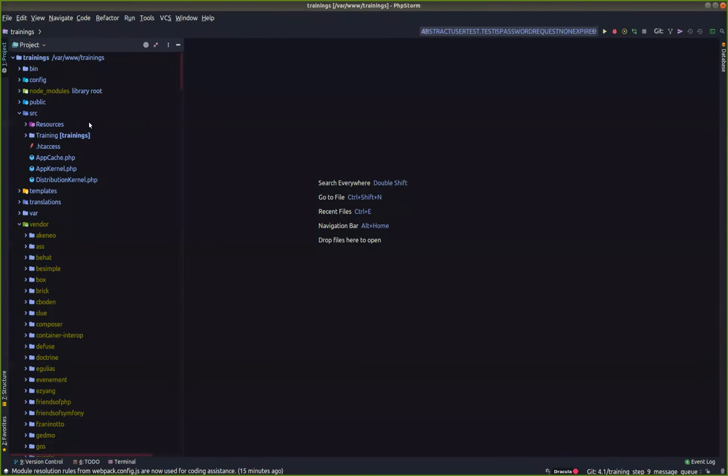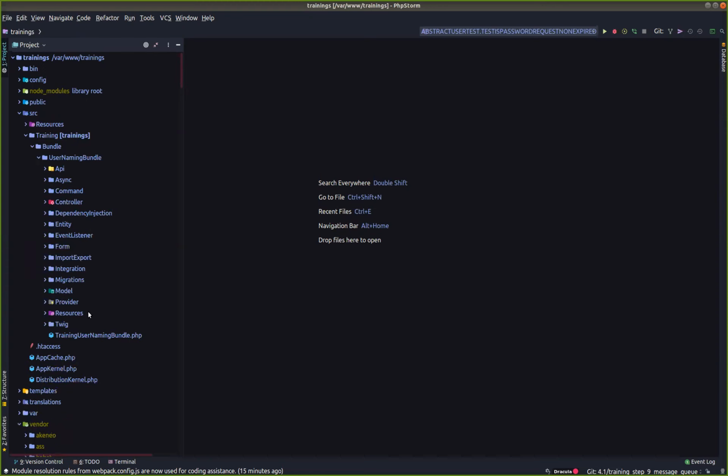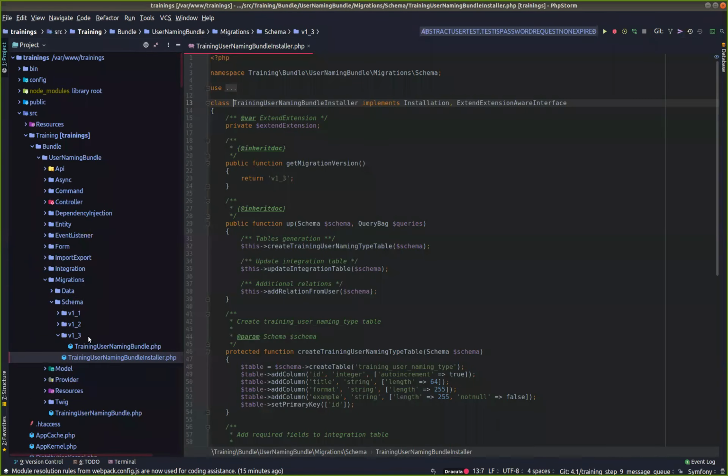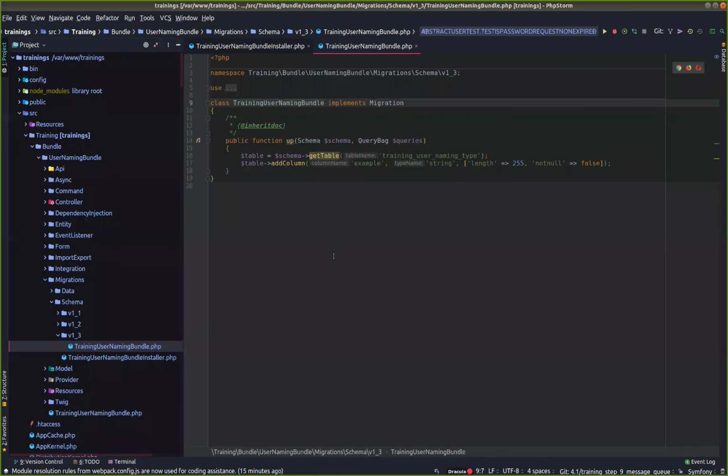Okay, so there is my IDE. And of course, to run a migration, we need to create it in migration schema 1.3. And it's a pretty simple one. We extend our table, and we add the example string as a type, and then we have some attributes like length, and it doesn't have to